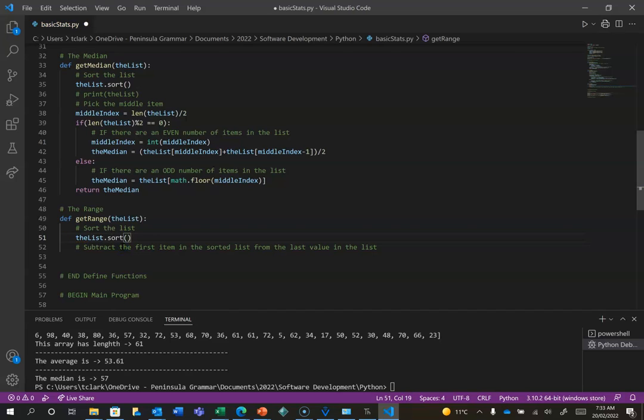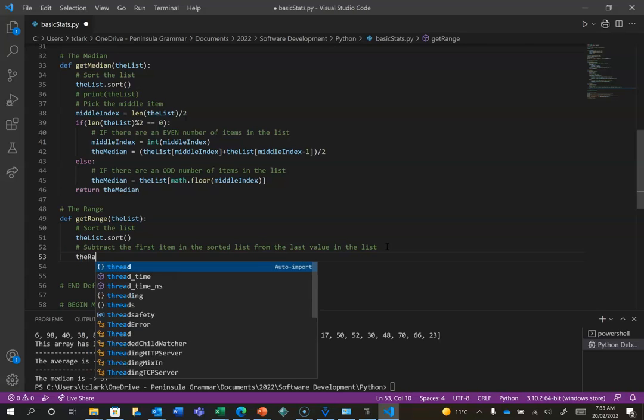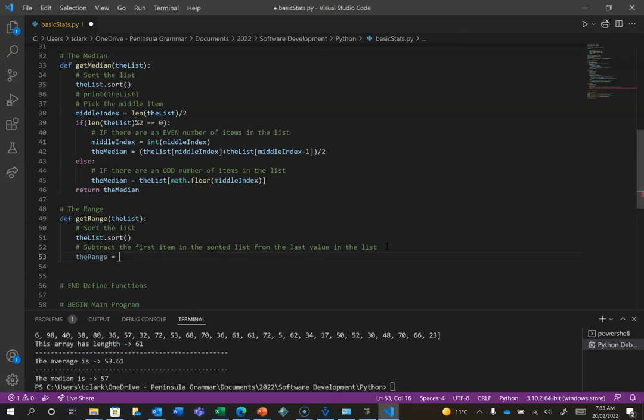And because it's easy to do, you do it every single time. You don't sort it once, you sort it every single time you can. It's going to be a small list anyway. If it was a massive list of gigabytes of data, you'd definitely sort it once and then use it. But we're not doing that. And then we're going to subtract the first item in the sorted list from the last item in the sorted list. So we could basically say the range is going to be equal to the